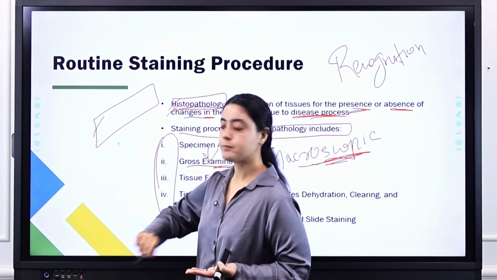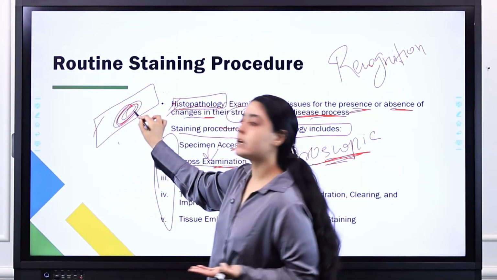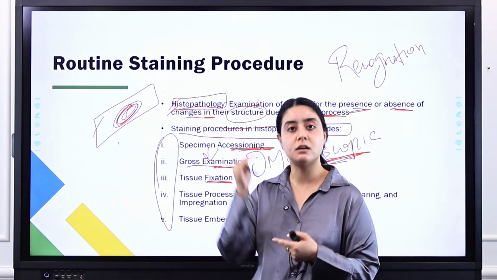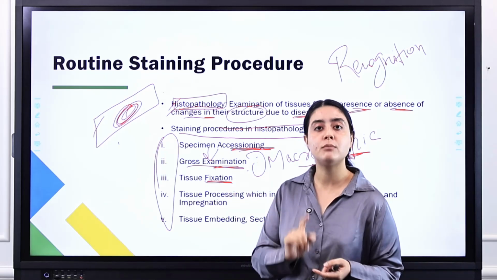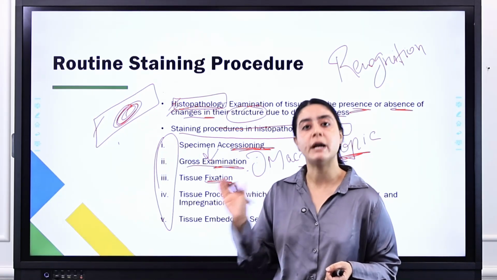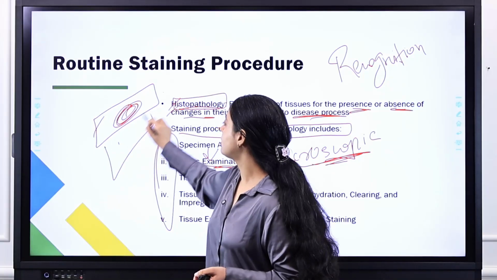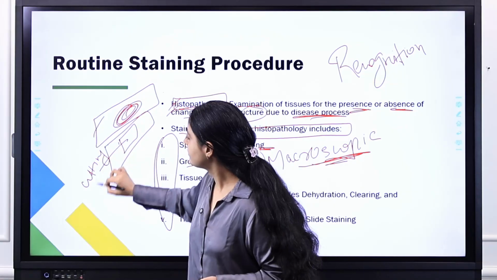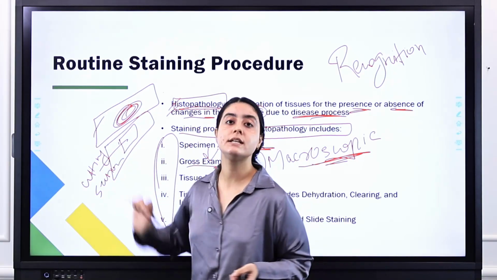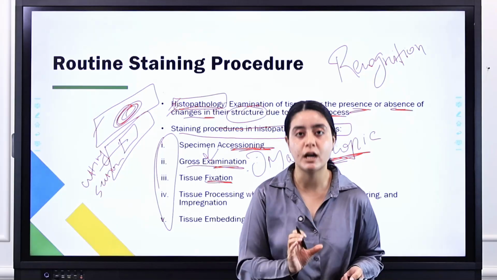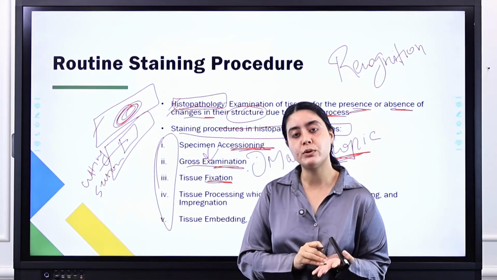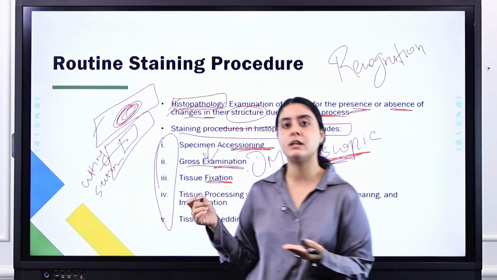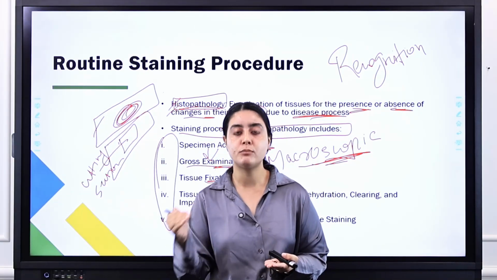You take a glass slide, you take your specimen. Sometimes you have to make a smear, as in the microbiology lab. In the histopathology lab, you have to cut small, very thin sections with the help of a cutting machine, which is known as a microtome. So in the histopathology lab, this is a cutting section of our specimen which we have received in our laboratory. So first we take a glass slide, and we take our specimen either in a smear form or as a thin specimen which we cut with the help of the microtome.